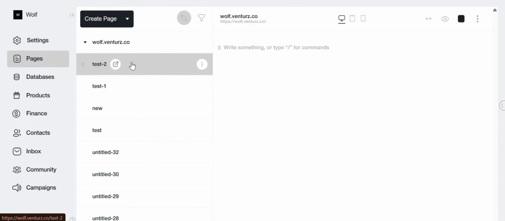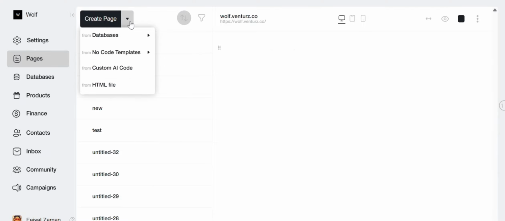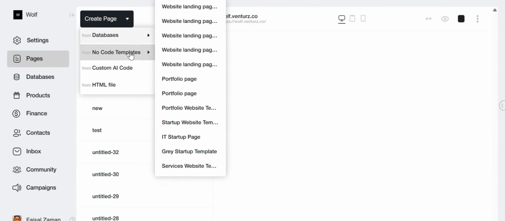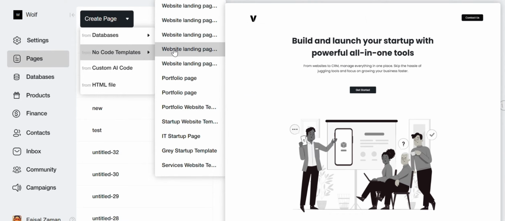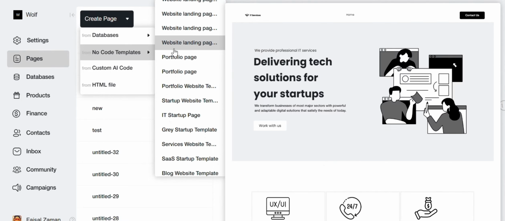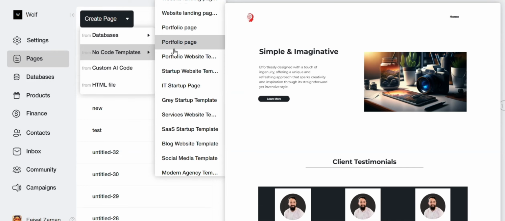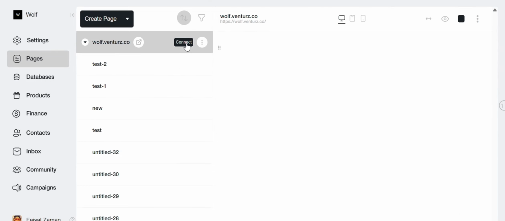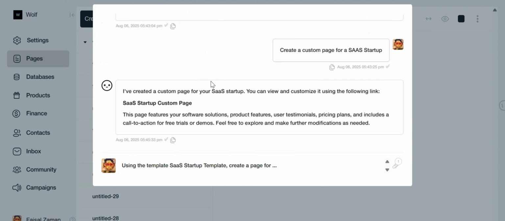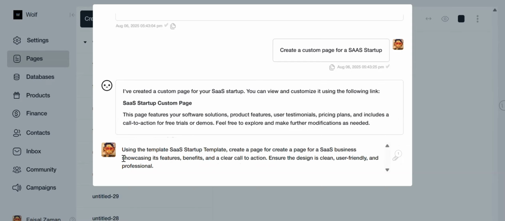To get started, go to Pages and click the Create Page button. Let's begin with no-code templates. Choose any pre-built template that fits your business. Once you've selected one, click on it, and an option for AI will appear with a pre-added prompt. Now, just paste your custom prompt into the field, and the AI will automatically adjust the template to meet your